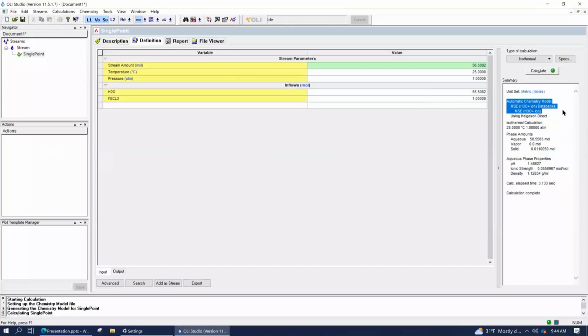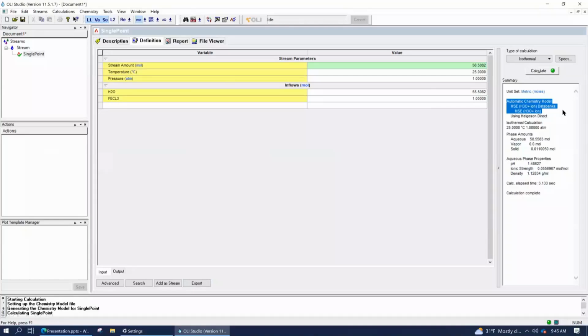But the reason you see a difference is mostly because it's not that your results are wrong. It's that the old AQ framework or database has certain solids in it compared to the MSE, which has another set of solids. There are certain solids in the MSE framework that are not in the old AQ framework. So you're getting different results simply because you have fewer solids in the older database than in the newer database. As a result, you're getting different pHs.